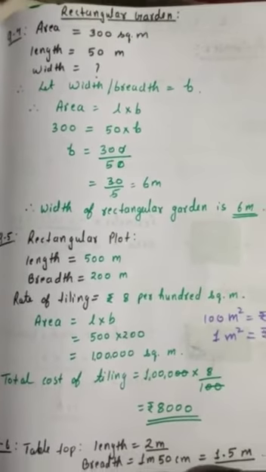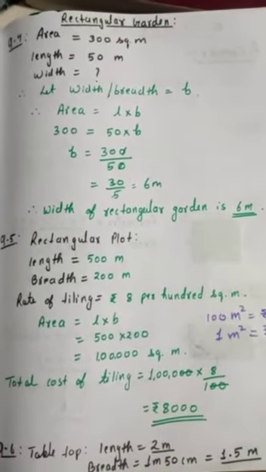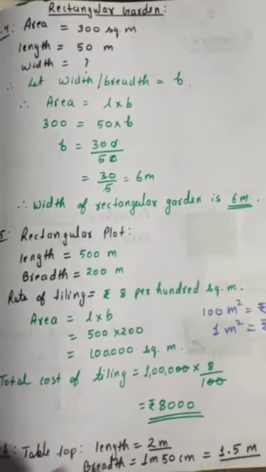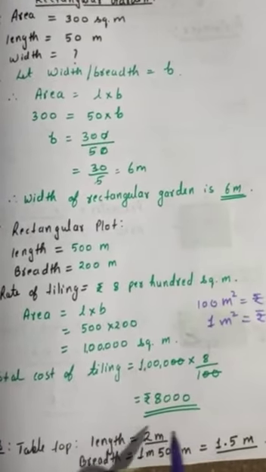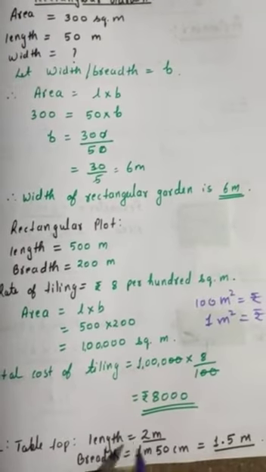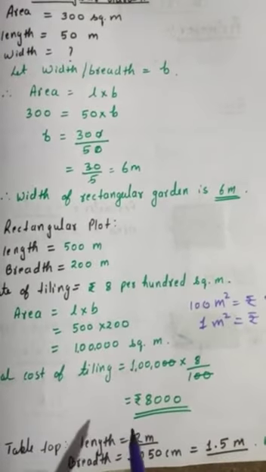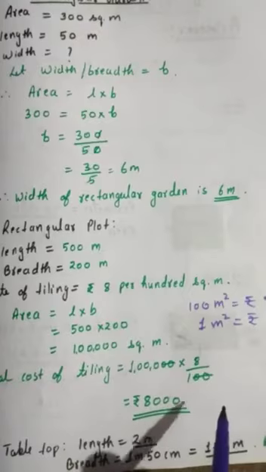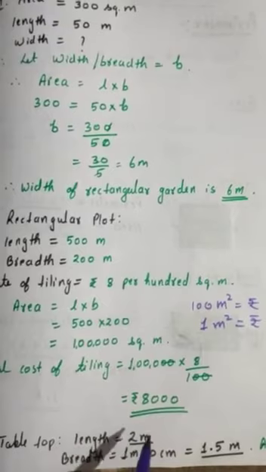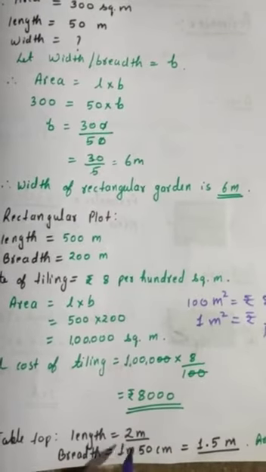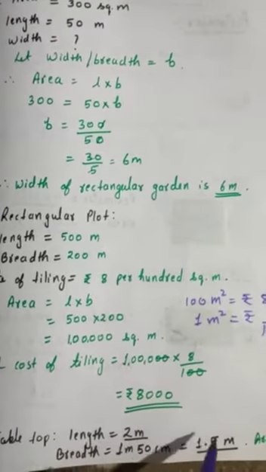Now we'll see the last question for today, which you have to solve on your own. I'm just giving you the outline. A tabletop is given, its top is in the form of a rectangle. Its length is 2 meters and its breadth is 1 meter 50 centimeter. Before any operation, whether you are finding the area or the perimeter, the first thing you have to check is whether the units are the same or not. Here this is given in meters and this is given in meter and centimeter, so the first thing you will do is convert this breadth into meters.